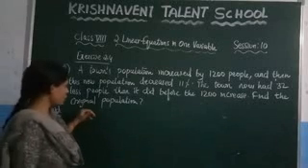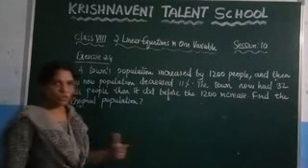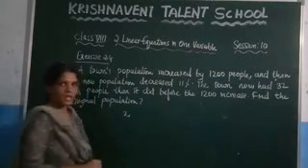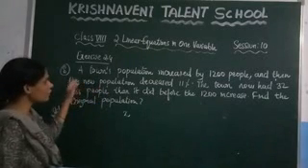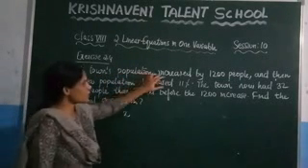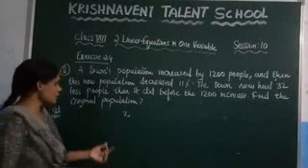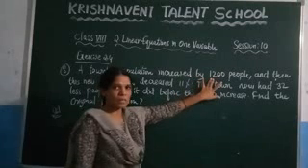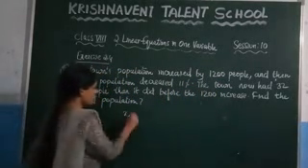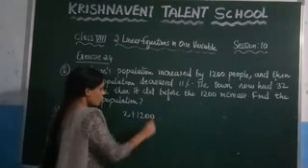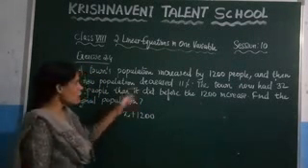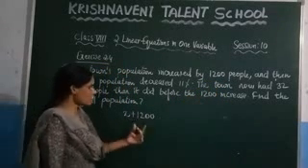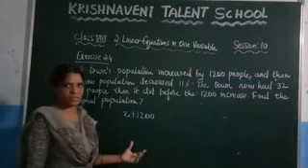Now, what do you find here? You need to find the original population. You don't know what the original population is. Let us consider the original population as x. Now, what they have given here, see the first sentence: a town's population increased by 1200 people. If it is increased by 1200 people, you need to add x to 1200. The original population is x. Now, how much is it increased? 1200 people are increased here. So, we have added x to 1200 so that you are getting the new population here.